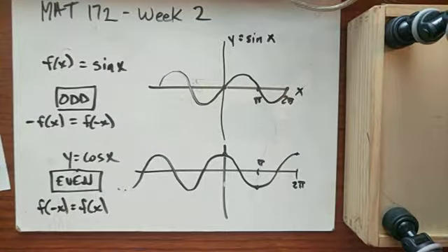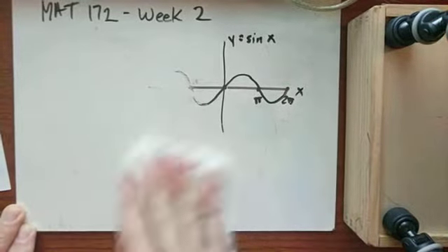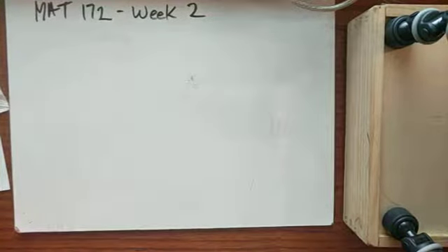So that's the even and odd properties of the trig functions. Last thing we're going to look at today is using the Pythagorean theorem to find sine and cosine. So let's say, for example,